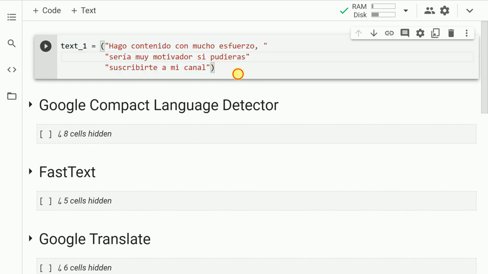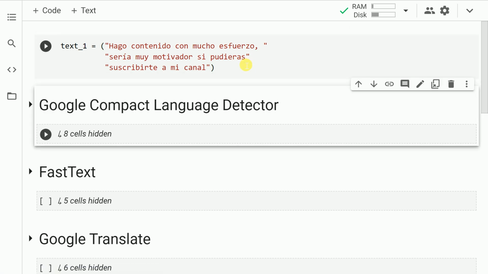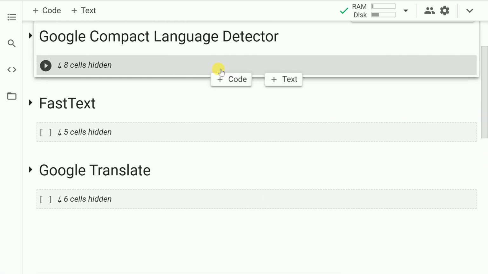While scraping a website, I came across this piece of text. I want to discover which language it is. So the entire video is around detecting which language it is, and additionally in the end I'll show you how you can translate this into English. So as first steps, let me go forward and load this piece of text into the variable text_1. So let me run this cell. Let me now go forward and unhide this cell.